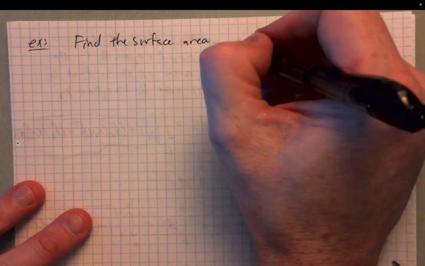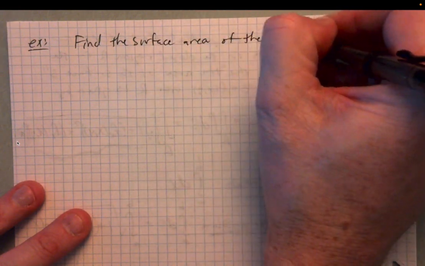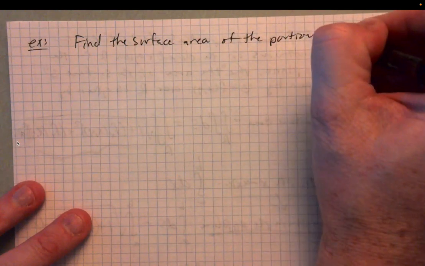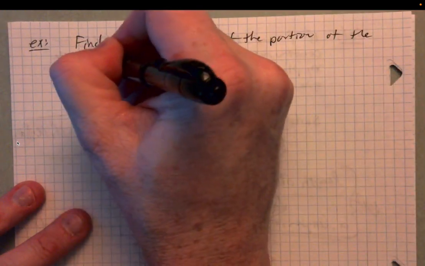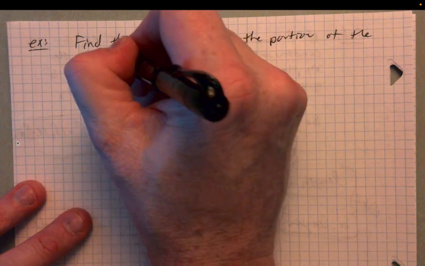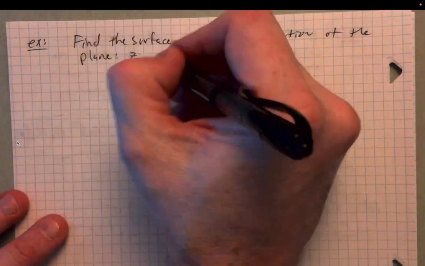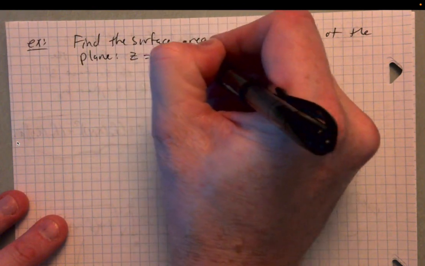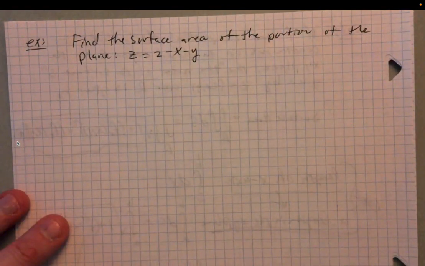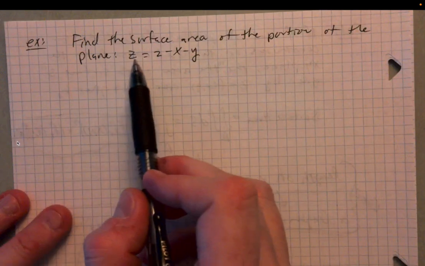Find the surface area of the portion of the plane. And this is a particular plane. It's not one of the axial planes. It's z equals 2 minus x minus y. All right, so we want to find the surface area of the portion of the plane, z equals 2 minus x minus y, that lies above